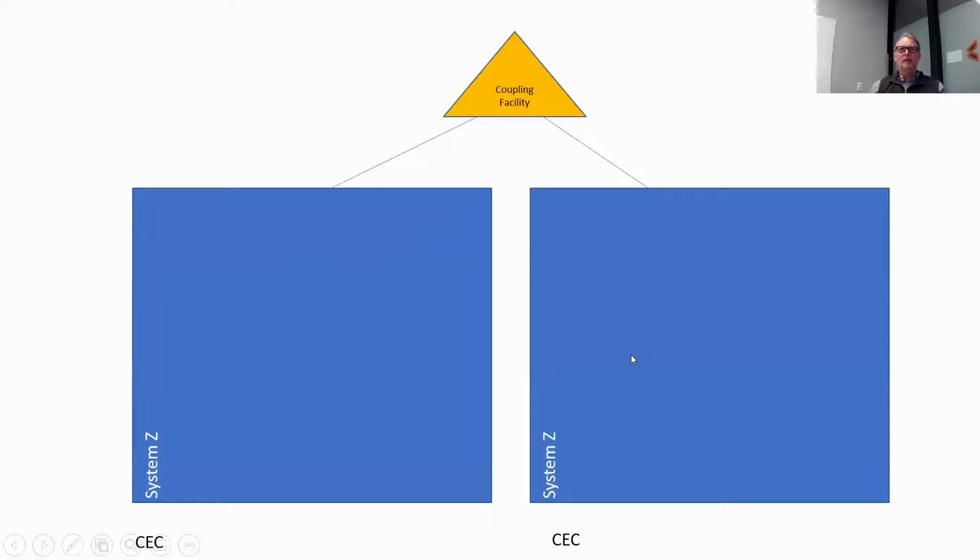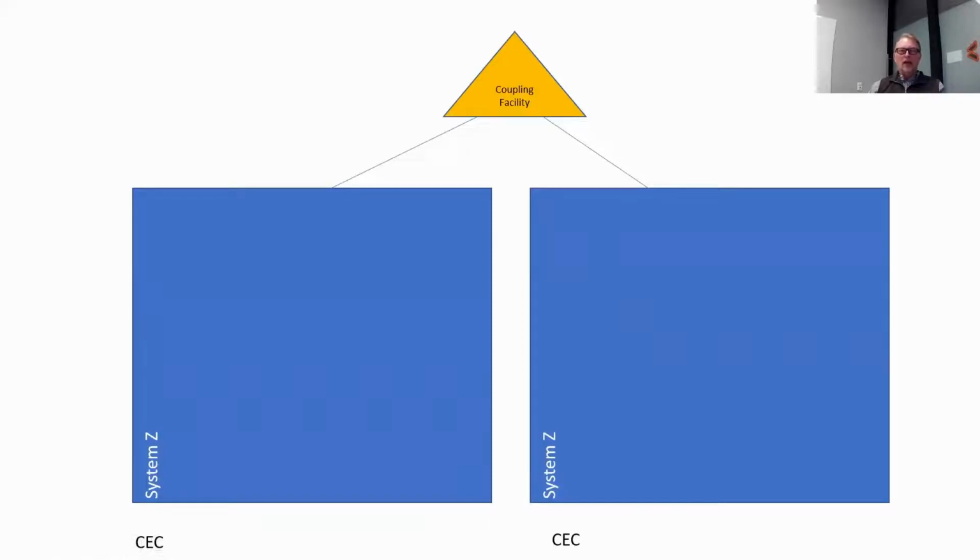I'm going to connect them together with what's called a coupling facility. A coupling facility is another standalone processor, or it can be the internal ICF that we saw as an option as a processor drawer. So it can be external, or it can actually be running in either one of these CECs.